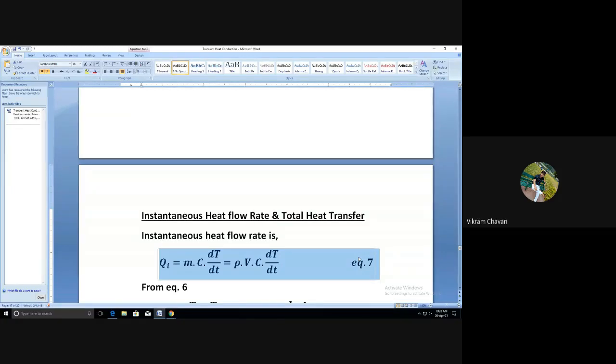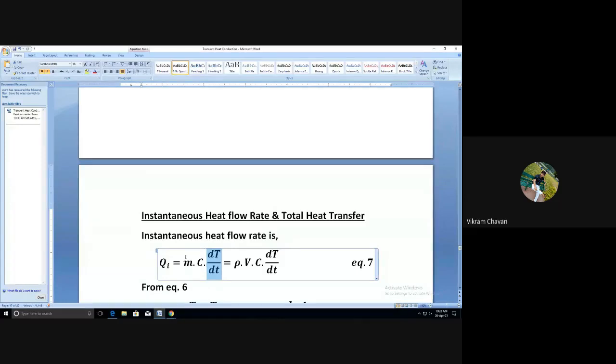Okay, so that is the energy released by the body, or energy coming or going out of that particular body, can be represented as m c multiplied by delta T. But here we are taking the formula m multiplied by c multiplied by dT divided by d small t, because the temperature is changing with respect to time, because the transient condition is there. So temperature variation we are taking with respect to time.